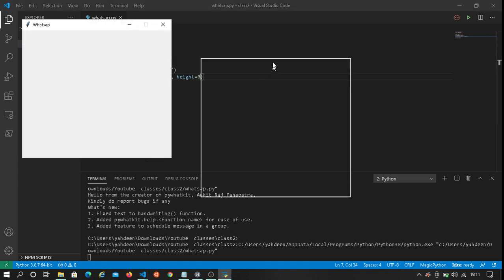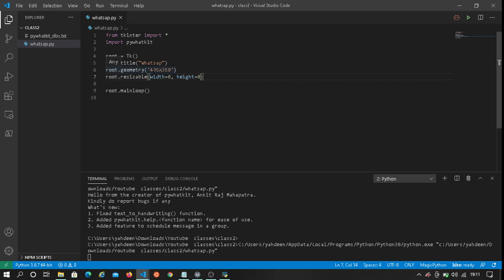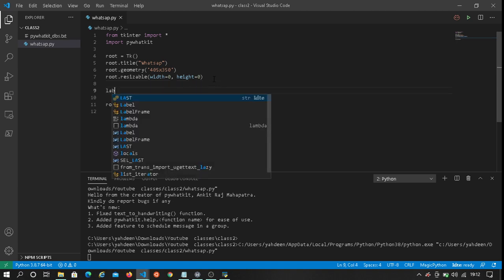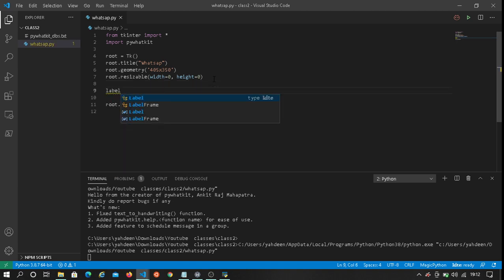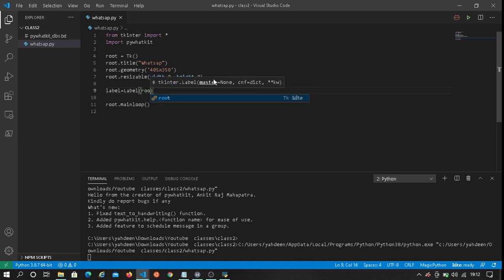So we now need a frame like this for this project. Let's create a label for this application. Label equals Label, and for everything you do in Tkinter, you must start with the root.